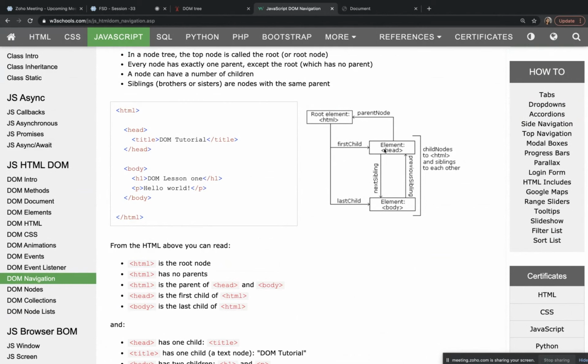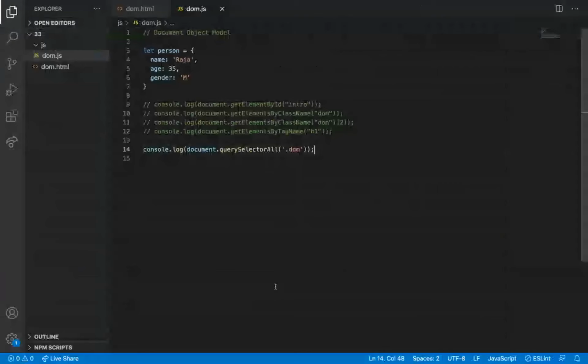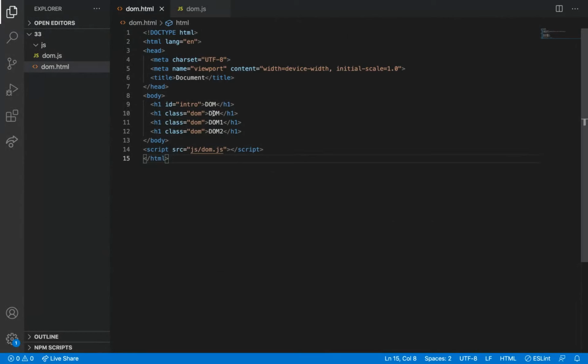So as I told, the head tag's parent tag is the HTML tag, right? Body tags. I don't know whether I have taught you this already. I'm not sure. I remember that I have said something. Okay. The parent of the H1 tags is body, and then these H1 tags are siblings to each other. And then I can say this is the last child, and this is the first child, and then this is the second child. I think I cannot access a third child and so on. I can access like 0, 3 only. But first child I can access, I know, and then second last child I can access, I know. Maybe we can access second child too.